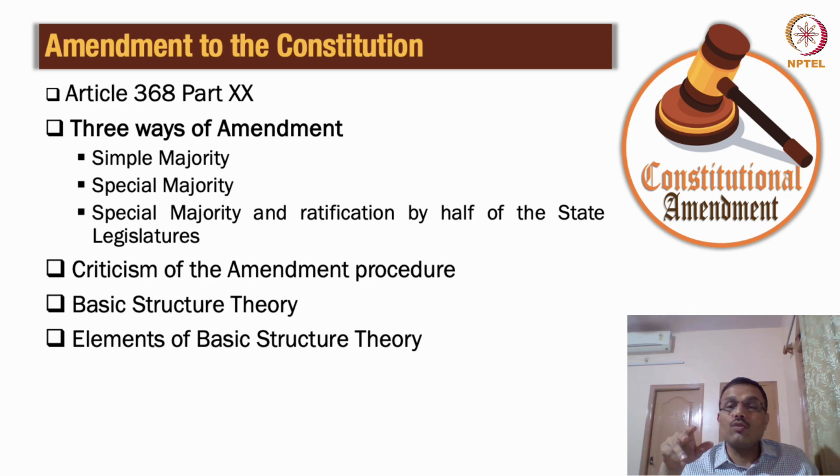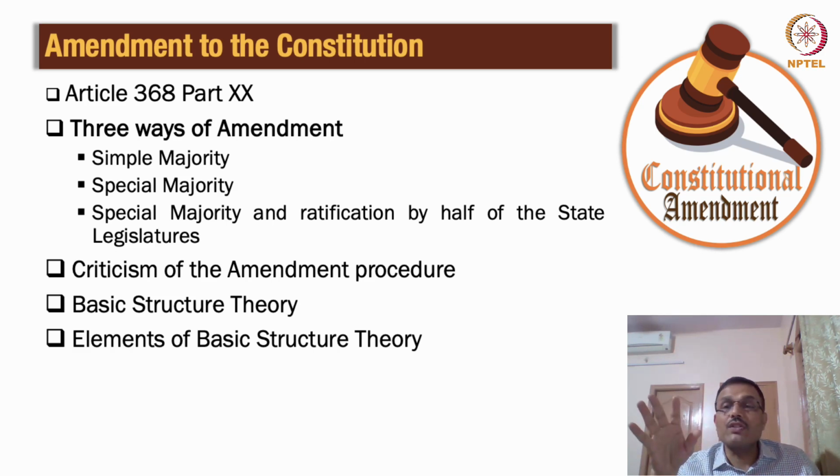So, interestingly, you should notice that to get the ratification of half of the states, now we have 28 states, that means 14 states will have to agree to this kind of an amendment bill process of the constitution. There is no time limit that is fixed, so they may agree within 6 months or 6 years, but nevertheless, unless that kind of a consent is given, the amendment bill does not come into operation at all.